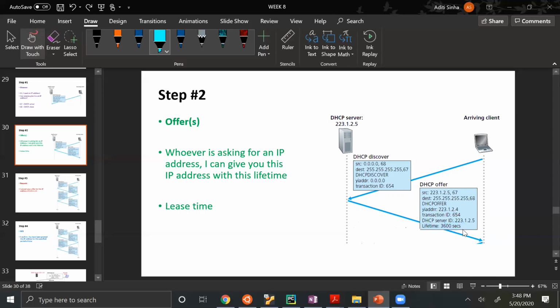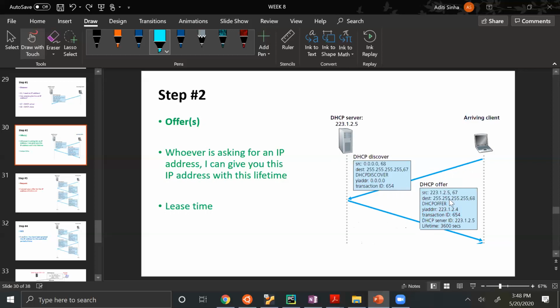So this IP address will be valid for 3600 seconds and not more than that. Beyond 3600 seconds, either the lease can be extended or renewed, or you can ask for a new IP address if this IP address is no longer available. So this IP address can be used by your host for only 3600 seconds. And of course, the transaction ID remains the same.